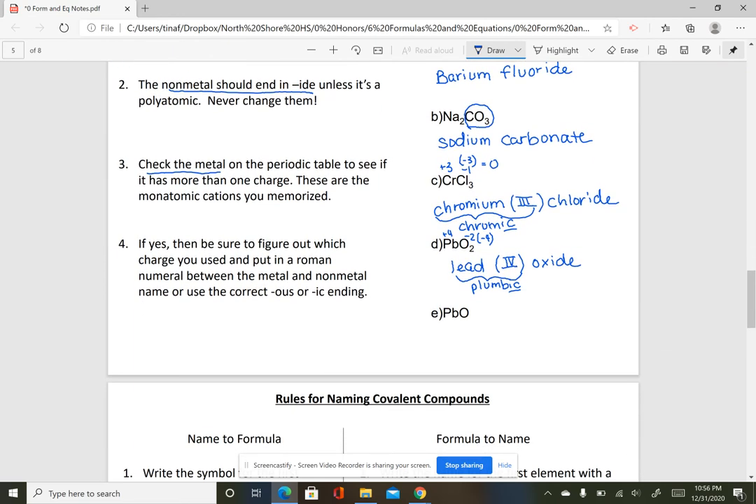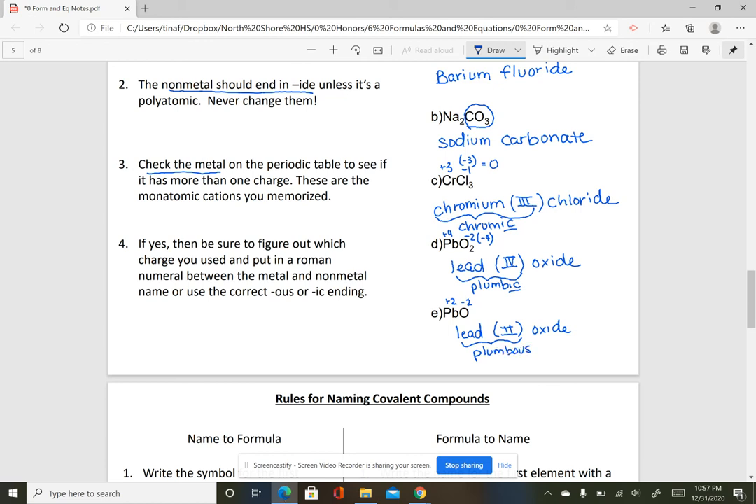All right. And the last one is lead again. I know I need a space. O again, oxide. This time, guys, oxygen is -2, but there's only one of them. So this lead has to be a +2 to cancel that out. So since this is the lower lead, I would call this lead 2 oxide, or I could call this plumbous,